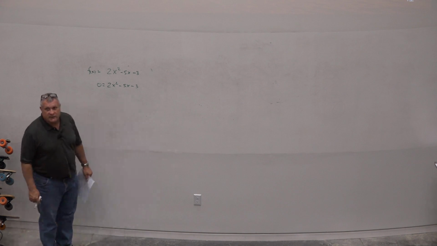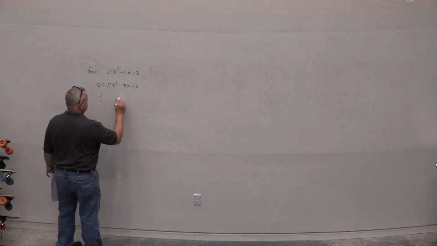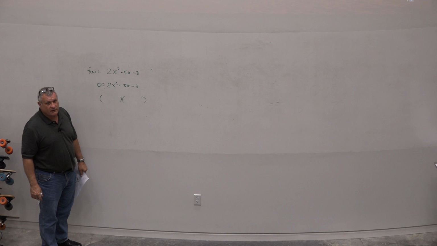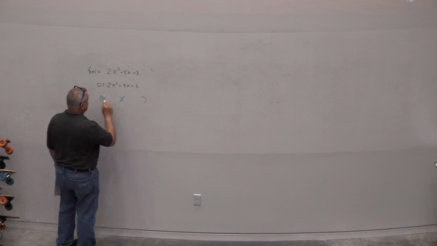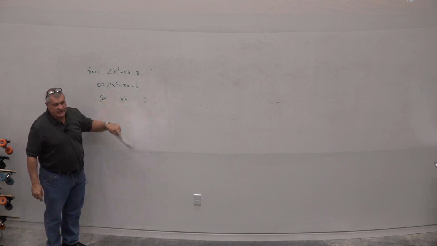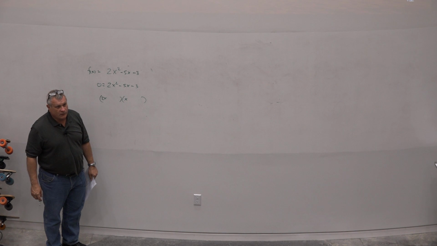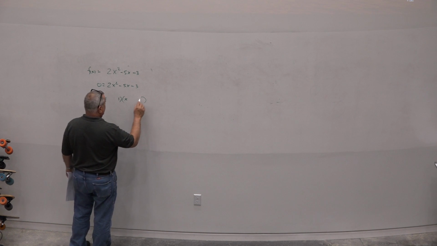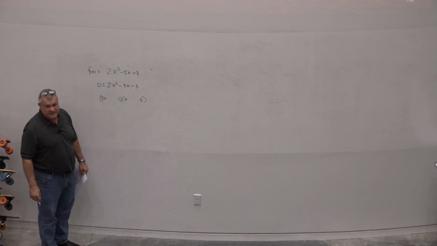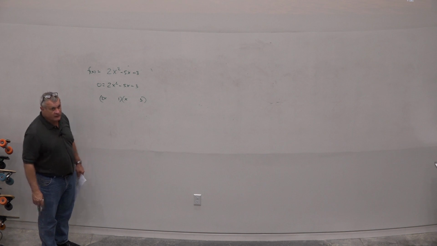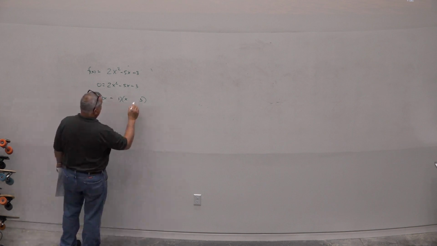Maybe factoring might be a little more challenging. Okay. What are the x things got to be? That's the best place to start. Yeah, got to have a 2x and got to have an x. What's the last number got to be? 3 and 1 or 1 and 3. Somehow it's got to get to 3. Something's got to be negative, something's got to be positive. And at this point, it gets kind of hard to guess. But you've pretty much eliminated a whole bunch of possibilities. And if you get it wrong,